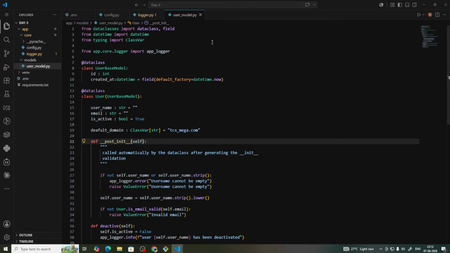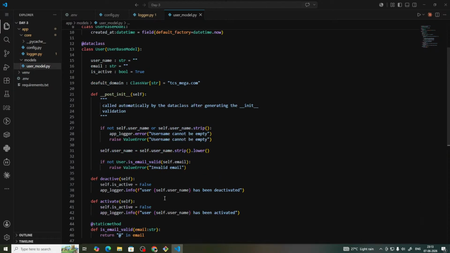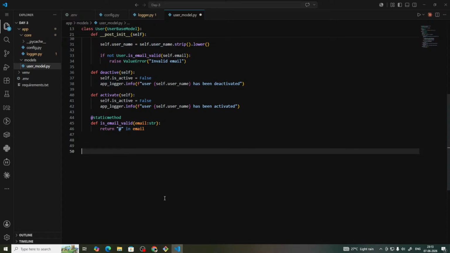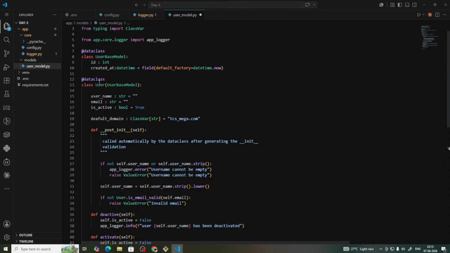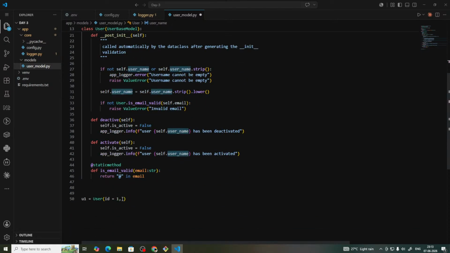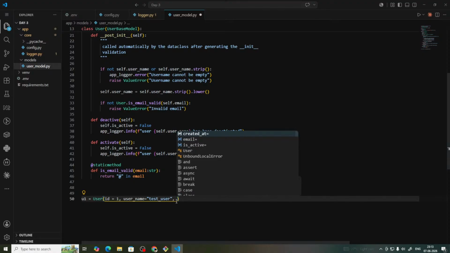Okay, so let's test this user model. For that, let me create user1 equal to User. Here we are giving id 1, then, okay, not user, so what is this? Yeah, username, test user, then